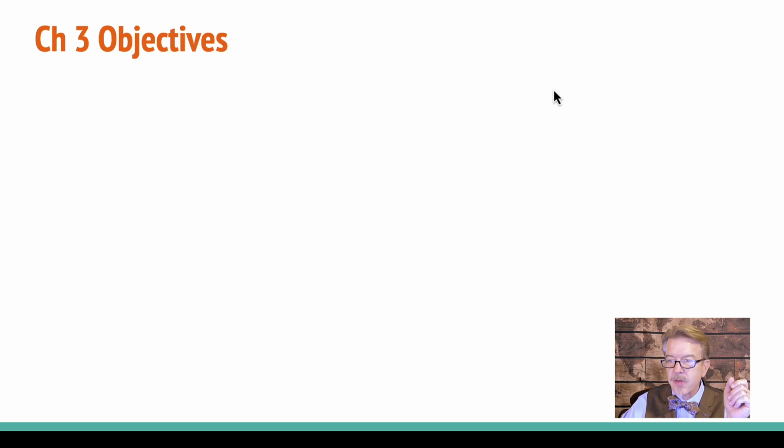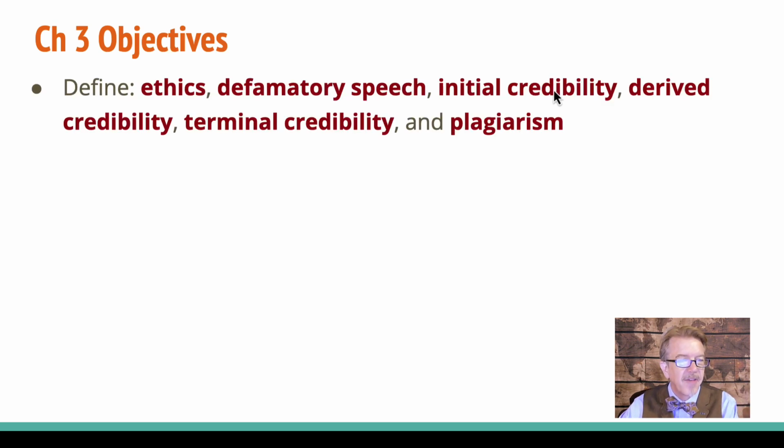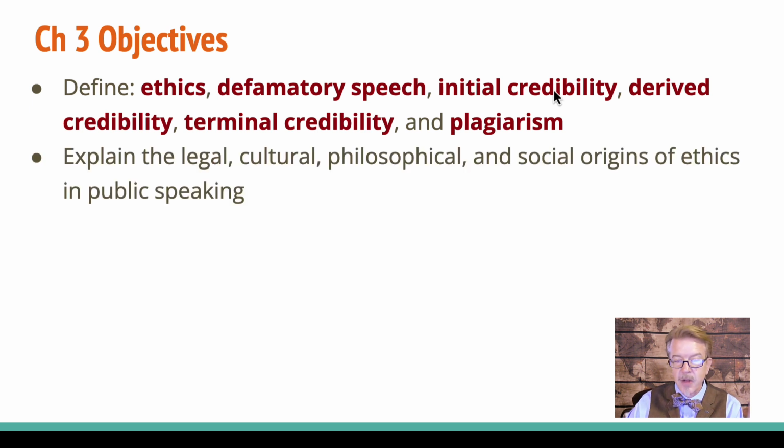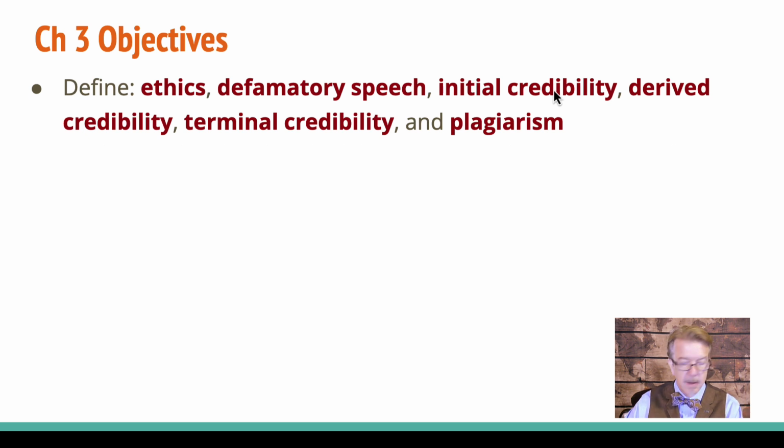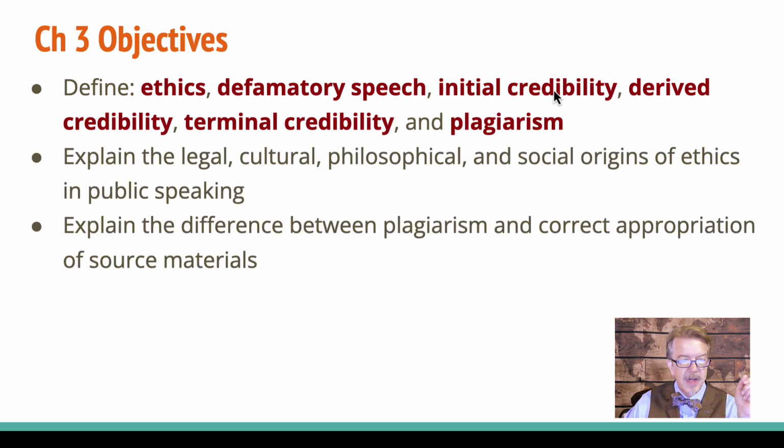Okay, so our objectives for this chapter are to define what ethics is, define defamatory speech, initial credibility versus derived credibility versus terminal credibility, and finally look at what plagiarism is. Explain also the legal, cultural, philosophical, and social origins of ethics in public speaking. We'll explain the difference between plagiarism and correct appropriation of source materials and how to cite them so that we are